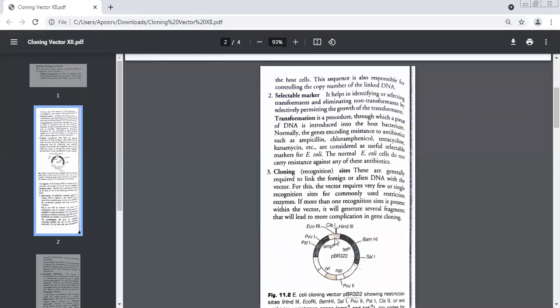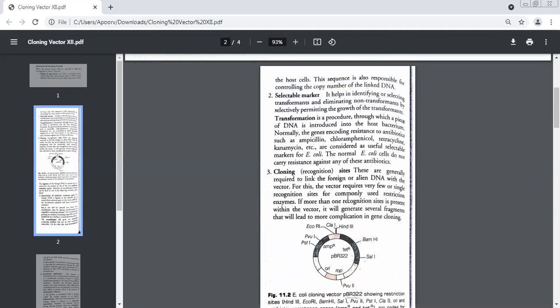I talked about sites where the enzyme cuts. What were those sites called? Restriction sites. So don't worry, recognition site and cloning sites are almost the same. I thought you may get confused. Please read these two paragraphs, selectable marker and cloning sites. Let me discuss with you. You will see that it is the same. However, there are some words which you may get confused about, so I thought I'll take it up.